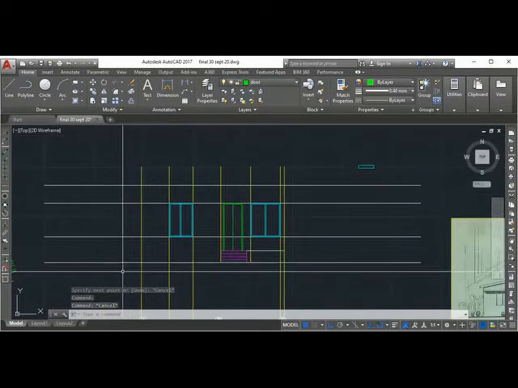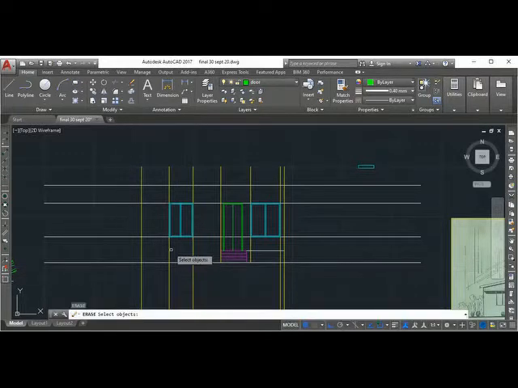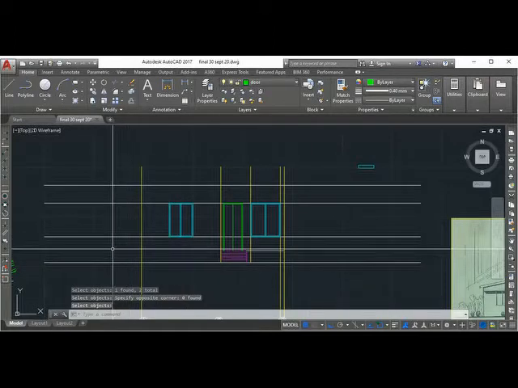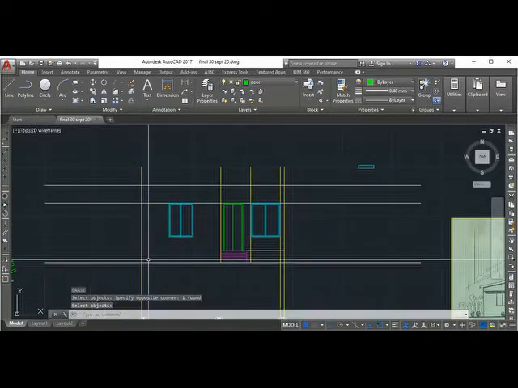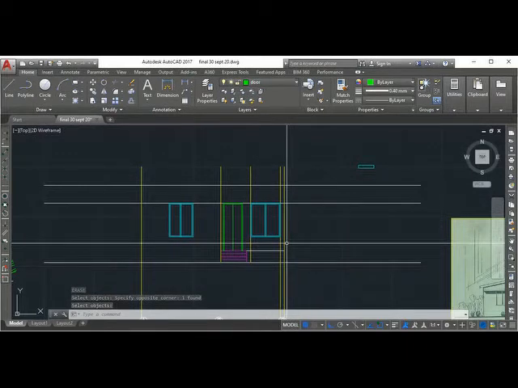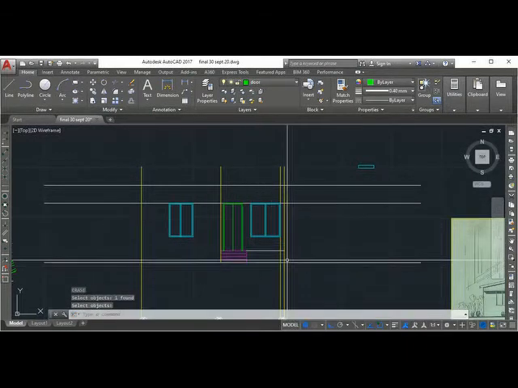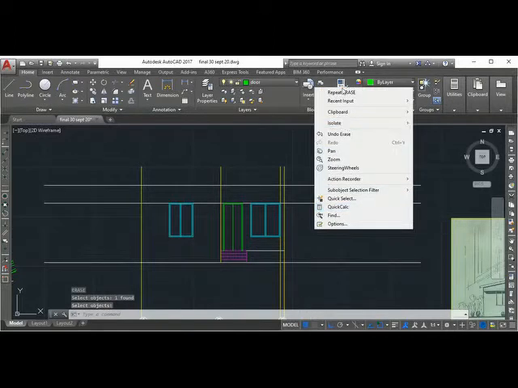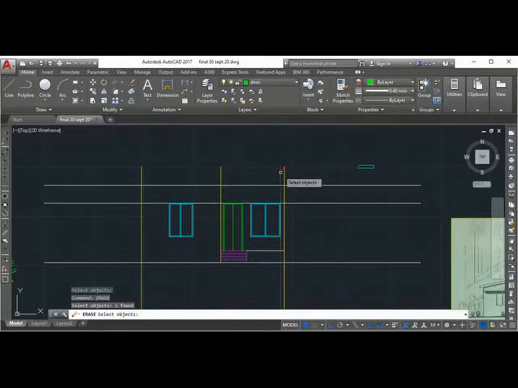Now you don't require this line. You don't require this line. You remove unwanted line, it will be creating confusion. You don't want this line now. This line you don't want. You don't want this line.